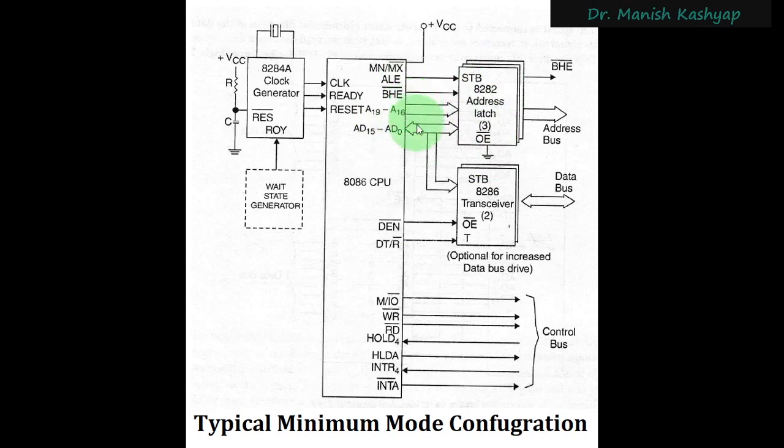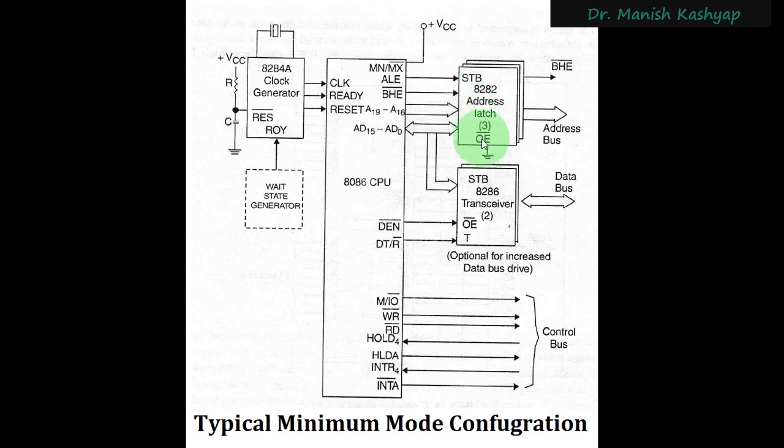Then you need to have the address buses here completely, and you also need the status of this BHE bar pin, because we discussed this BHE bar pin when we said that we will be having odd and even memory banks here. So finally, this BHE bar pin will be used with the address bus to be able to select a particular memory chip. So the output of this 8282 address latch is the BHE bar pin as well as the complete address bus, which is of 20 bits, right? You can see that it has taken A19 to A16 as well as AD0 to AD15.